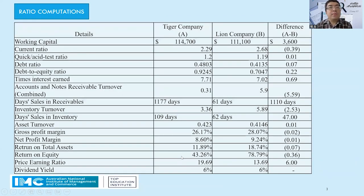In the balance sheet aspect, according to the table, compared with the common size percentage of the PPE of Tiger Company, Lion Company's is higher, and the PPE of the two companies makes up the largest proportion of the total size respectively. This shows that both of them have made substantial investment in the PPE, which is likely to give returns in the future, while the common size percentage of Tiger Company's